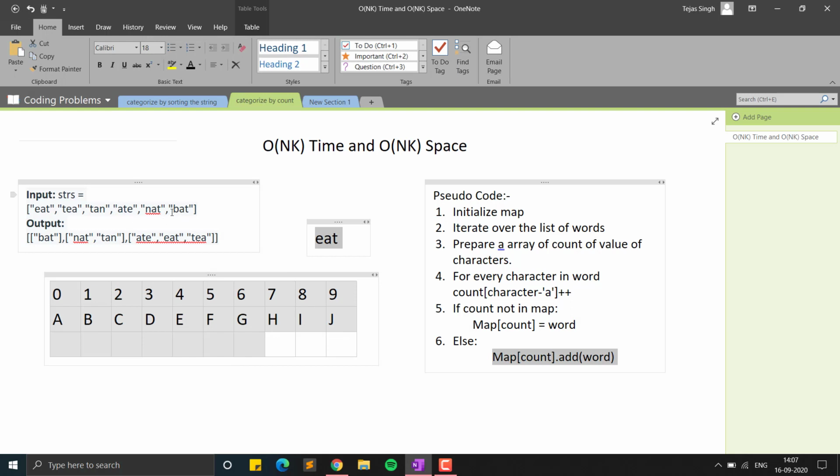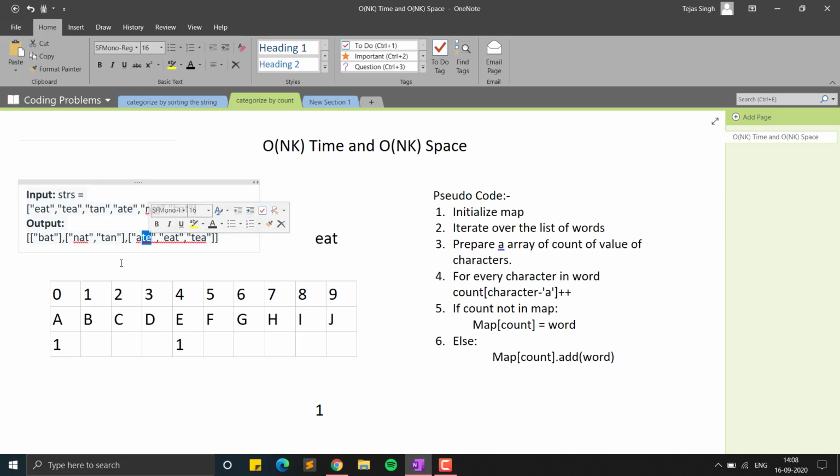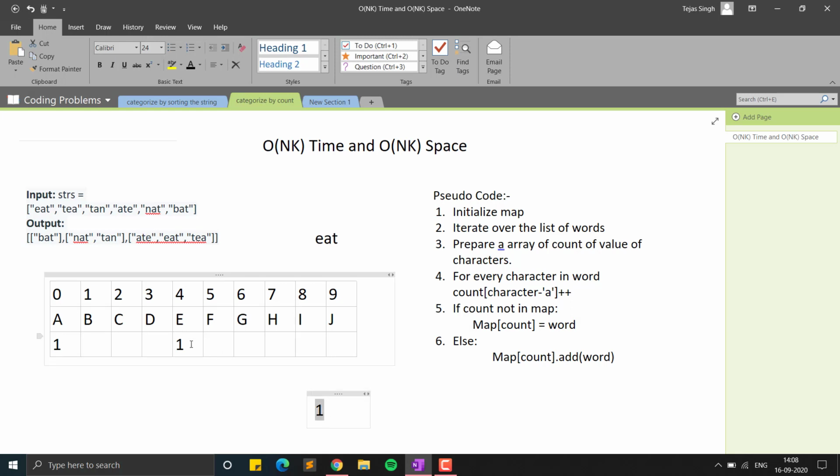For example, if you take bat, we will simply increment, so b will be incremented, then a will be incremented, then again, like I have not written the t here, so t will also be incremented. Then we will simply check the values. For the eat, you can see eat. Now if you check another value, ate, ate also gets the same indexes incremented in the particular array, so they are both the same. So this array will be formed as our key. So this is how we will use it.